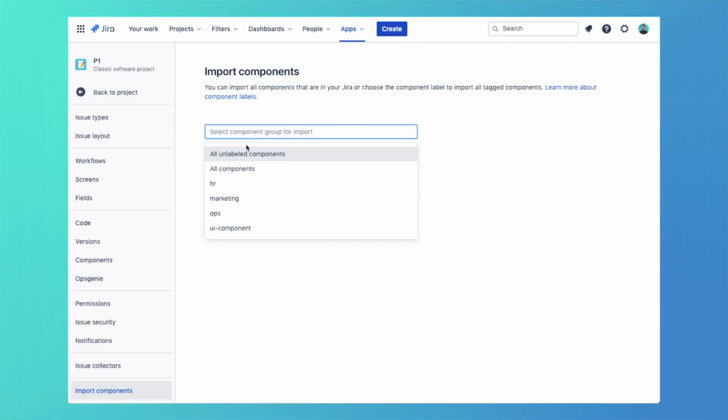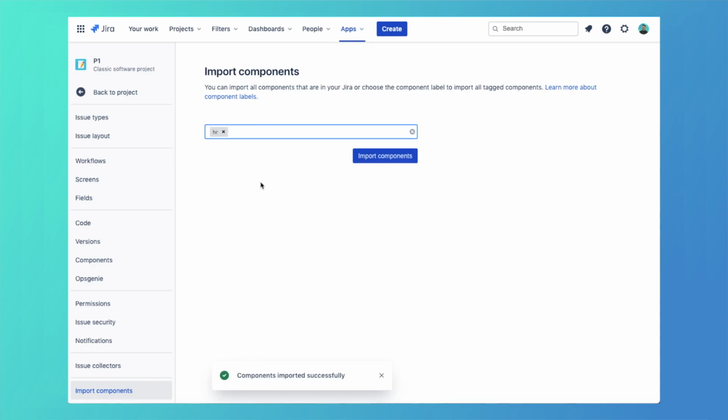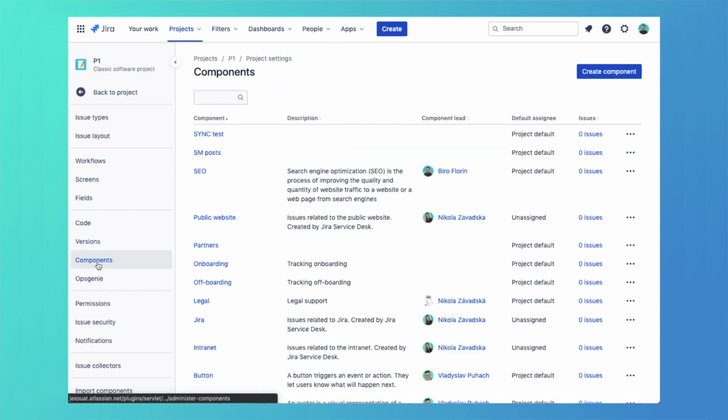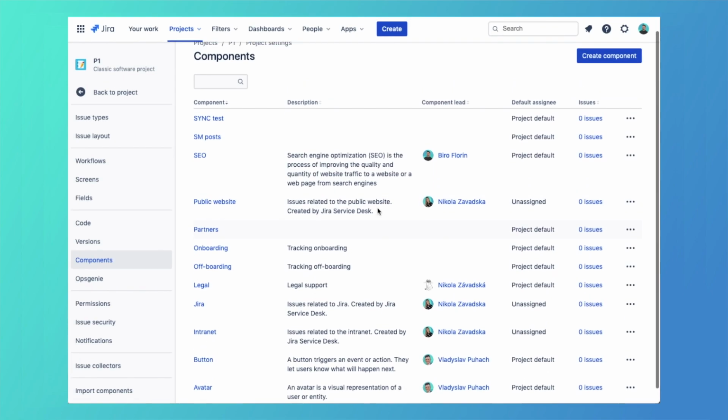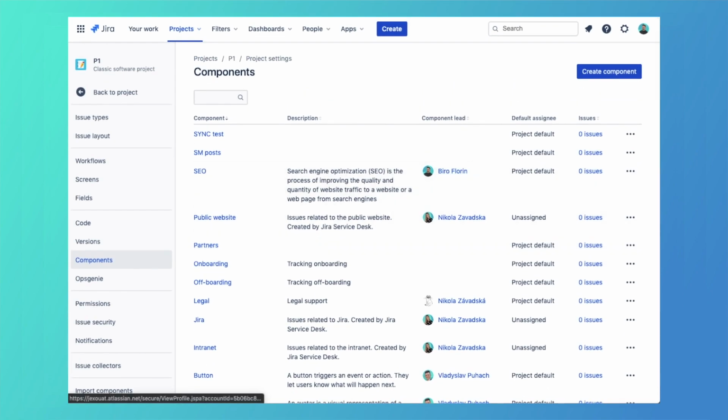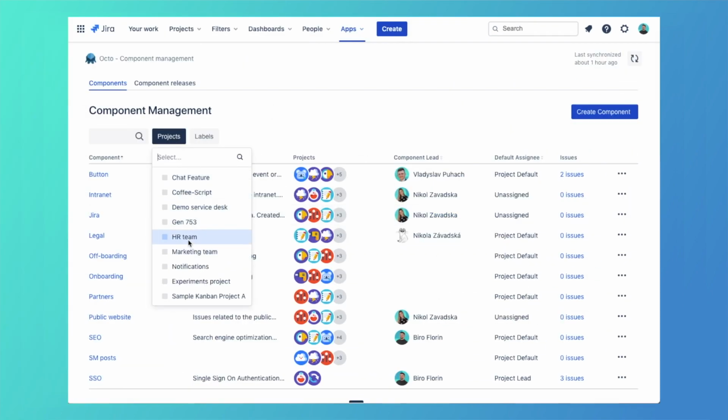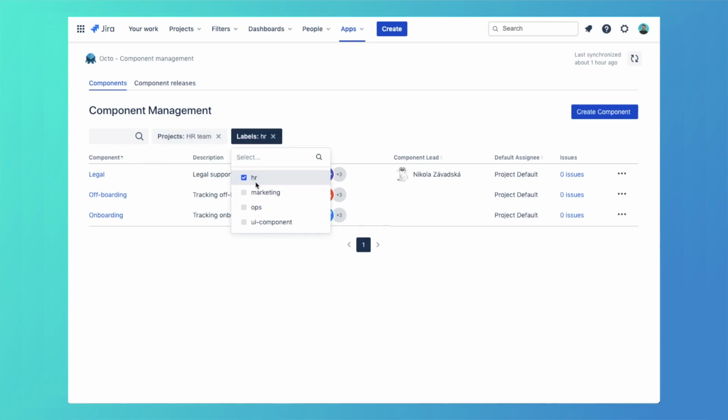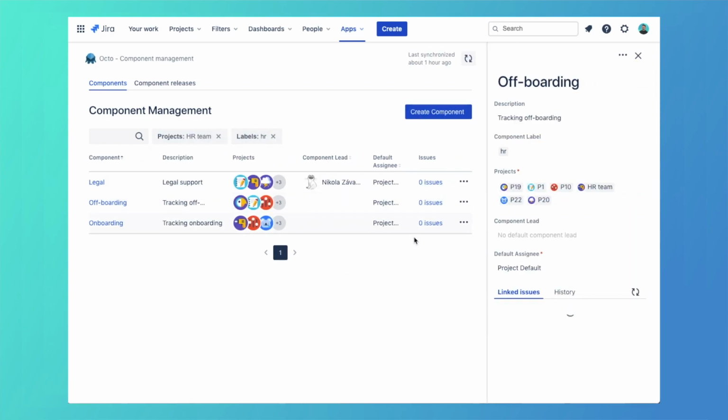Octo allows you to create and manage all components from a single centralized view in Jira and filter them via label tags that you get to create, edit, and view. It also enables access beyond admins to include your team in the management process, and it helps create a standardized structure to buy you time in the future.